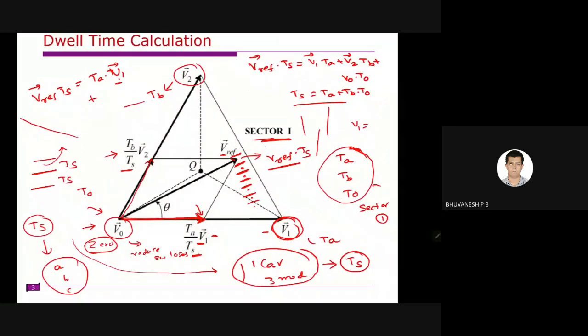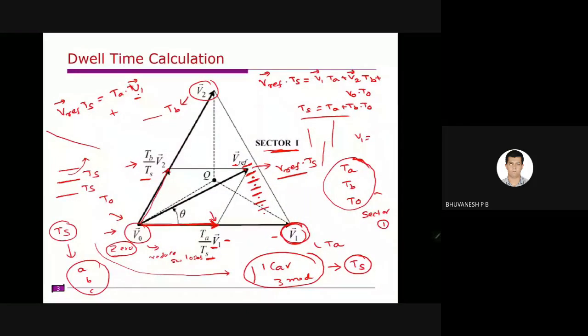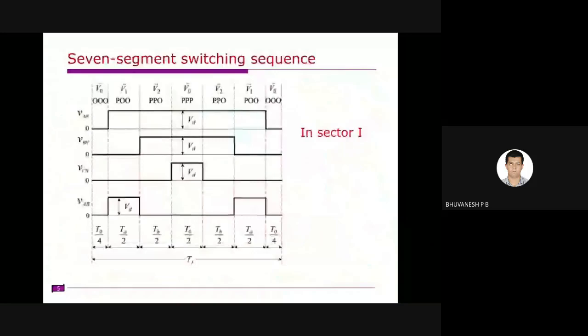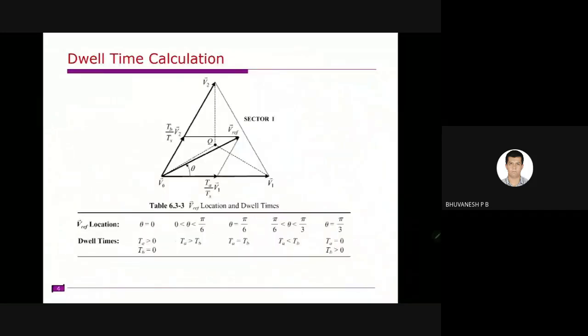So that means you have to obtain A phase voltage, A phase pole voltage, B phase pole voltage, and C phase pole voltages. So what we have to do is divide this TS such that you can obtain all of them. We already discussed this, right? This is how the time period TA behaves in the first 0 to 30 degrees, and this is 30 to 60 degrees, right? So how TA and TB are varying, this was already discussed, right?